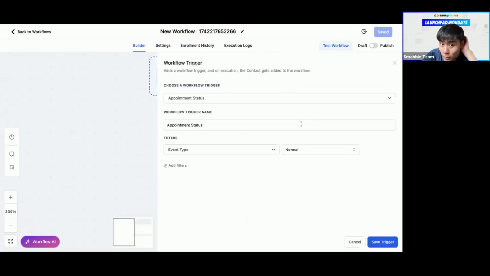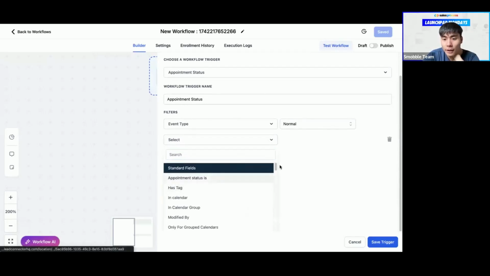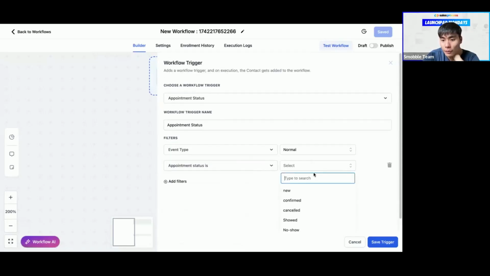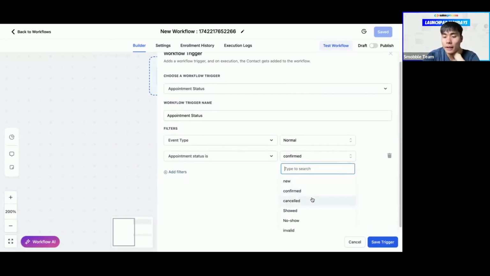Appointment again. Appointment status. Event is normal. You would add a filter, and the appointment status should always be confirmed. One thing to keep in mind as well is that you can create other automations based on the appointment status, right? So let's say that